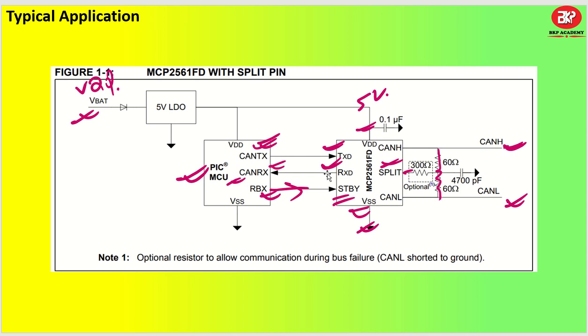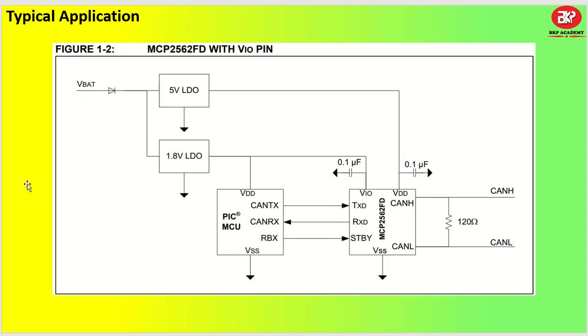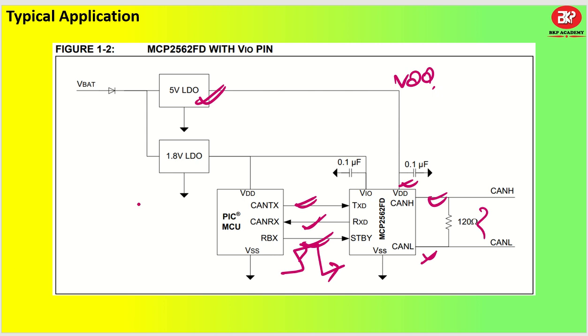We will implement this particular design in our circuit just now. Let us take another version, which is the 2562 also. I'll give you a brief discussion on that as well. As I told you, the power supply is VDD, which is a 5 volt power supply. It has CAN high and CAN low. Directly you can connect 120 ohm. That's all done. We have TXD and RXD pins, and we have a standby through a GPIO, which will be going high for making it inactive, and going low for working in normal mode. Okay.